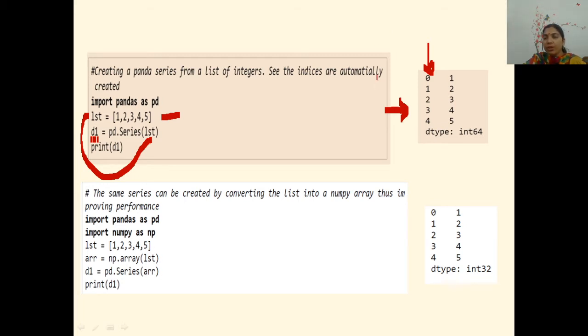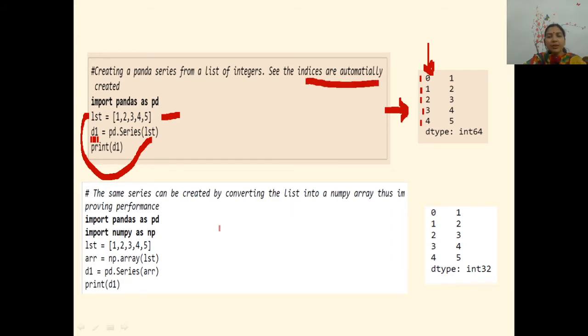And when we don't give any data label or index, it gives an automatic index starting from 0 up to the number n minus 1. Indices are automatically created.